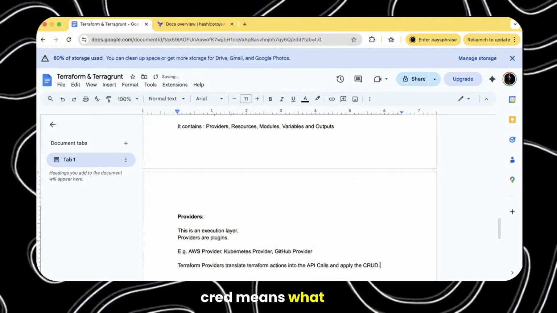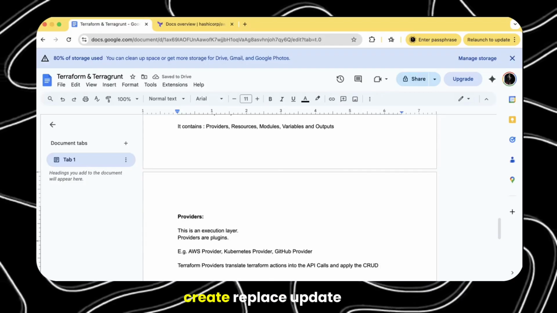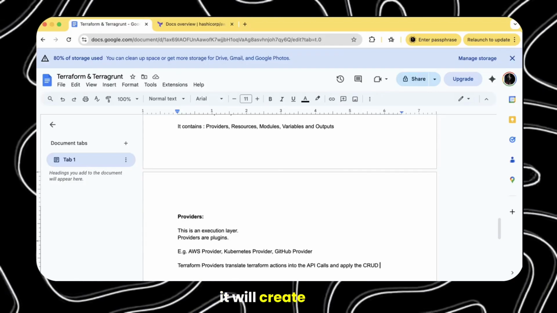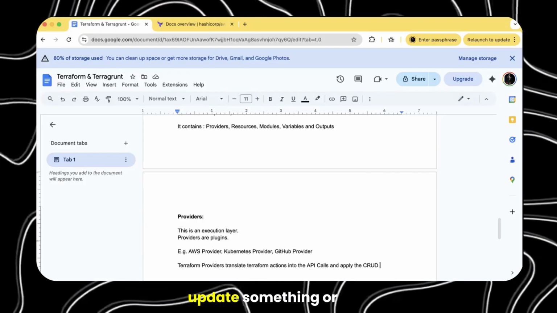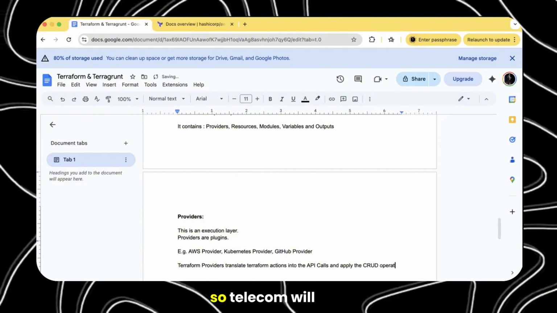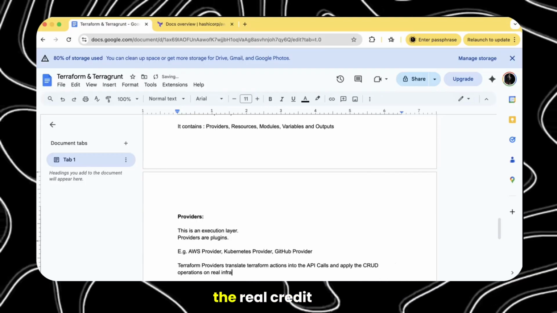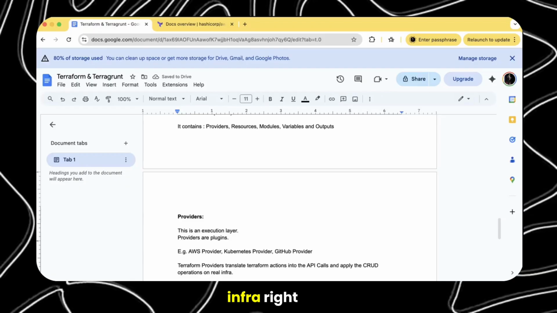CRUD means create, read, update, delete. Terraform also does the same. It will create, modify or replace, update, or delete or destroy something. So these providers apply the real CRUD operations on the real infrastructure.